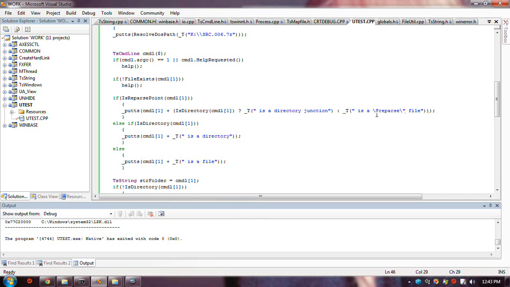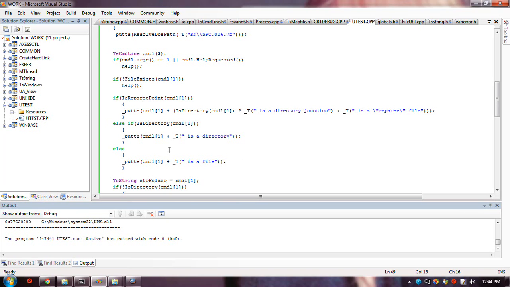I don't know what a file reparse point is, but I've never seen one, but I'm calling it a reparse file if it's not a directory. So I don't want anything else to get messed up. I still want is directory to succeed.